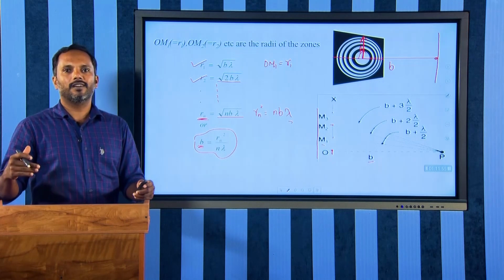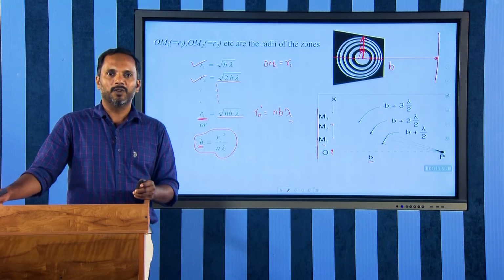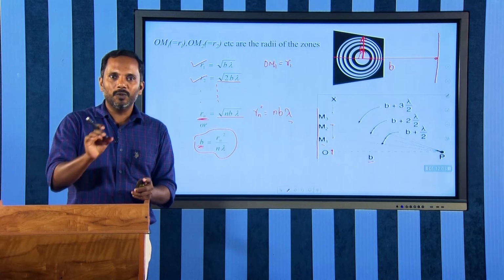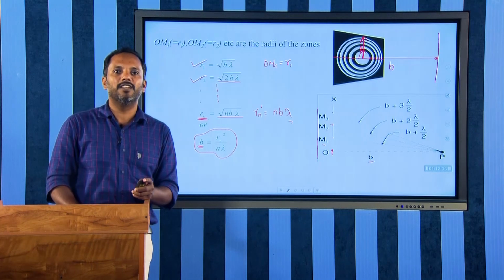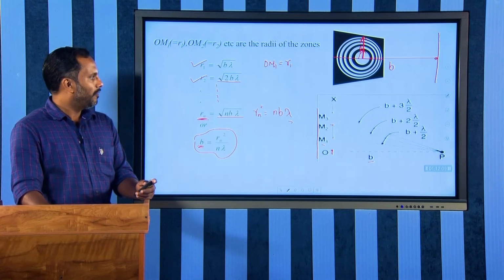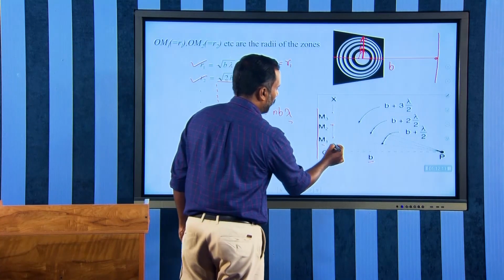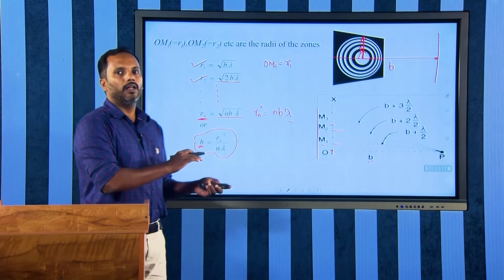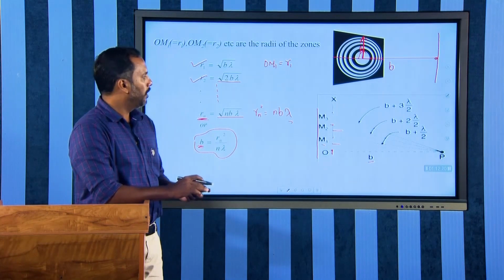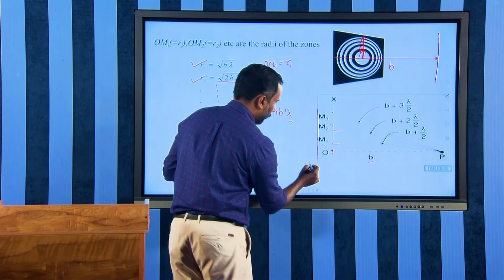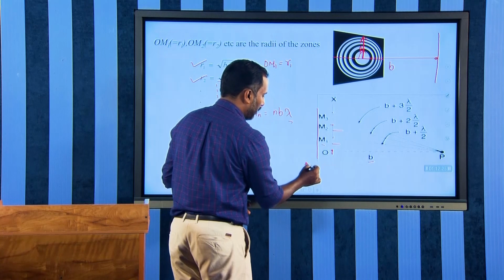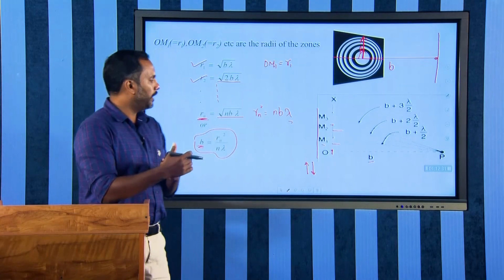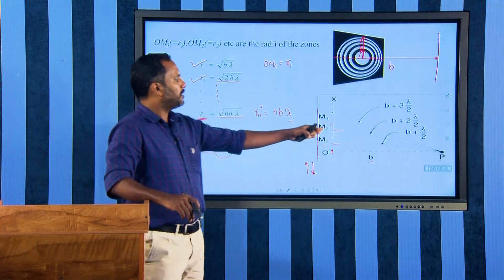Here the even number of zones cut off the light. You remember that they are out of phase, since 2 consecutive zones produce a path difference of lambda by 2. What I mean to say is, the wavefront from the first zone and the wavefront from the second zone are out of phase, with a phase difference of lambda by 2. If the wavefront from the first zone is in the up direction, then the next zone is in the opposite direction, opposite phase, so they will get cancelled out. But since alternate zones are opaque,